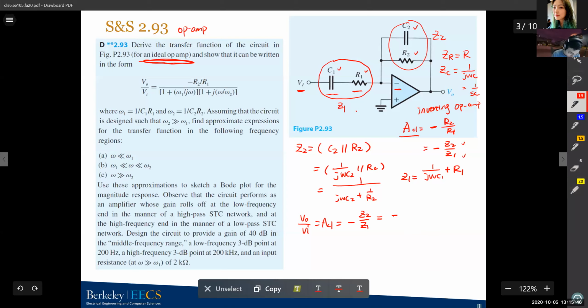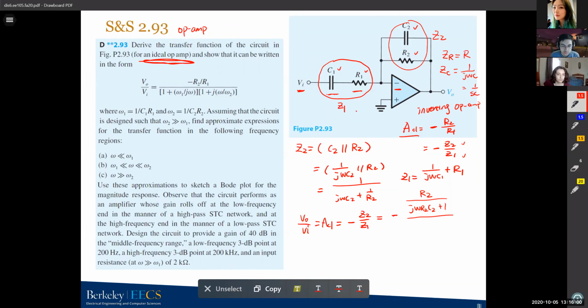It will be negative Z2, which is R2 over (j omega R2 C2 plus 1), over 1 over j omega C1 plus R1. Just solve this, and you'll get V out over Vi equals negative 1 over